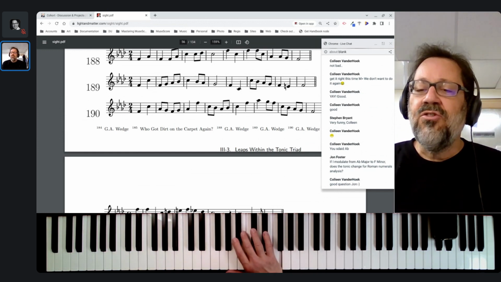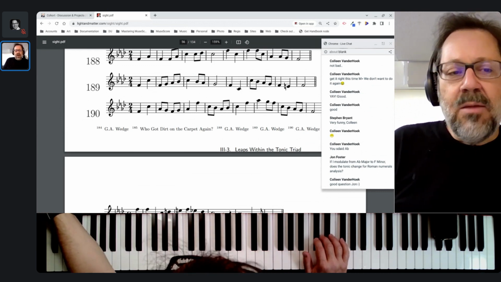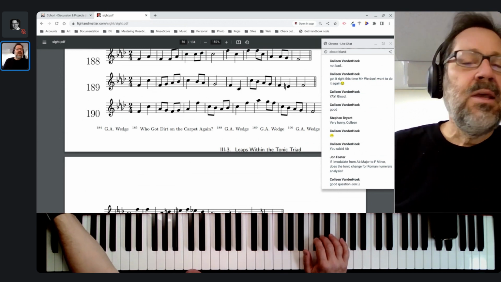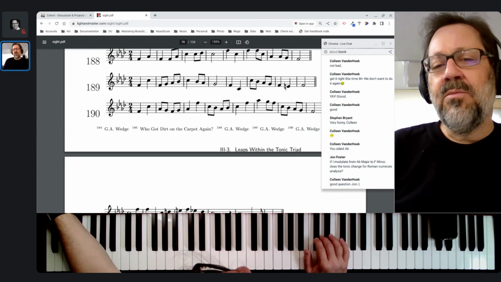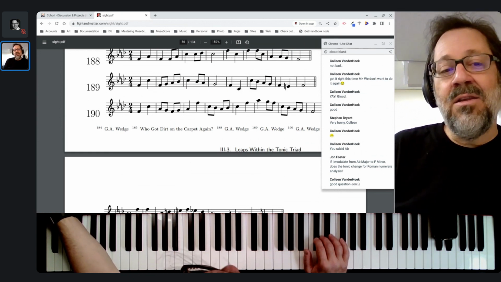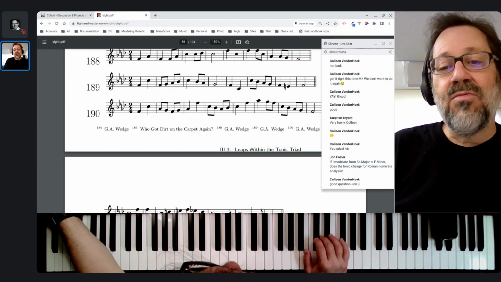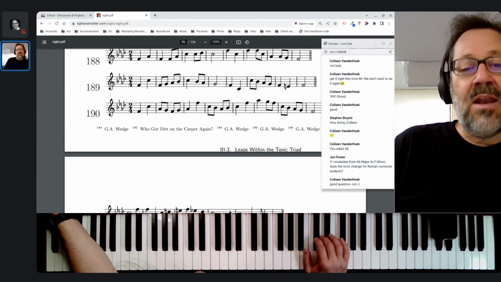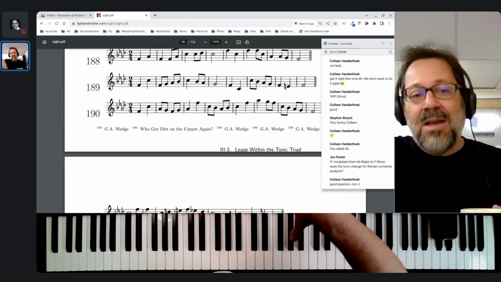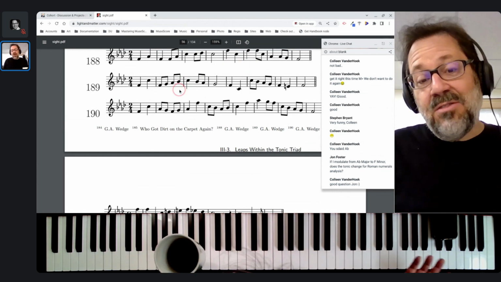So John's question is a really good one. Even though we're not officially talking about chords, obviously we are talking about chords, and I continue to talk about chords because you really can't fully divorce talking about melody from talking about chords. I mean, technically you can. They did it in the Renaissance, but we can't unlearn what we've learned already, and we can't unhear 300 years of music that has come after the Renaissance, right? We can't not hear tonal music, music based on chords. And so we're going to be doing things like these tonic triad exercises. This is part of how melodies work.